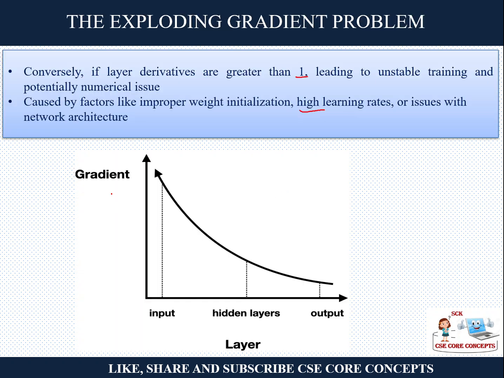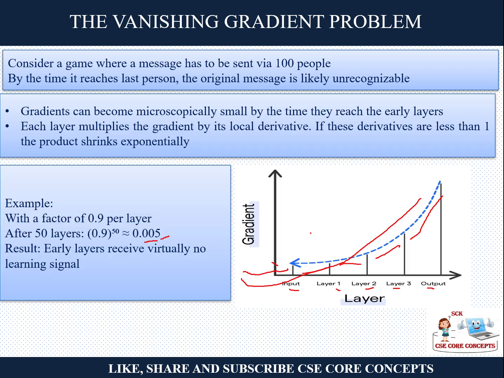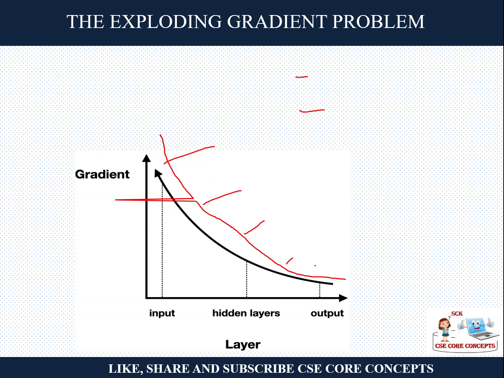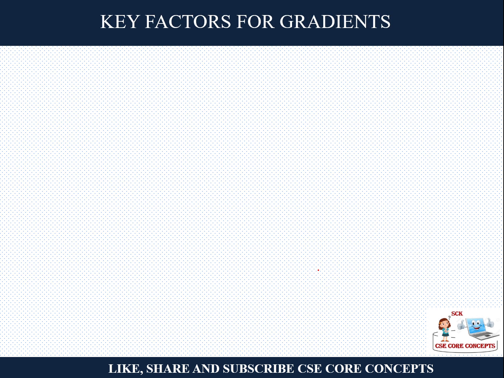So a gradient explodes. Explodes means it is going up. By the time you go from the output layer through the hidden layers, the gradient is exceeding. Instead of decreasing, the gradient keeps exceeding because your learning rate is very high. At every step you are taking very, very large steps, whereas here the reduction in the step was very, very less. So these are the two problems associated with the gradients.